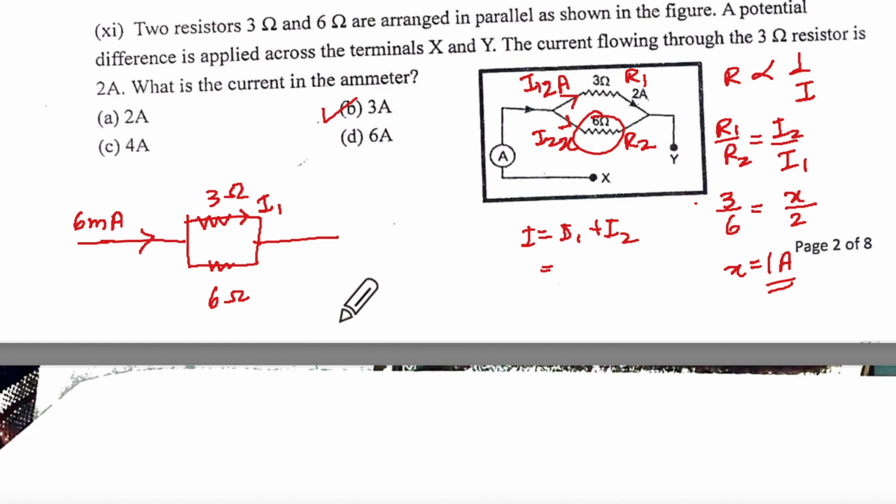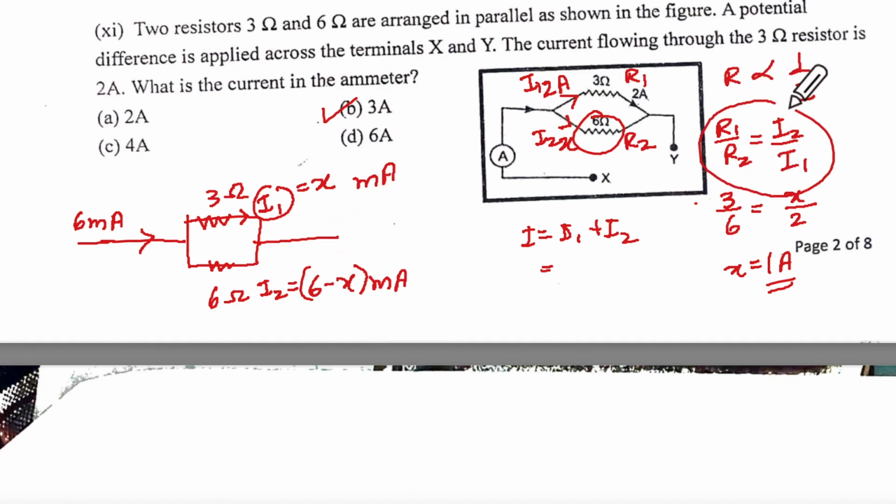Ma'am, first we'll find the potential difference. No need to find potential difference here. If they are telling you this, you'll call this X, and the other will be equal to 6 minus X milliampere. Understanding? Now, if it's an MCQ, then you will use this directly and you can substitute in